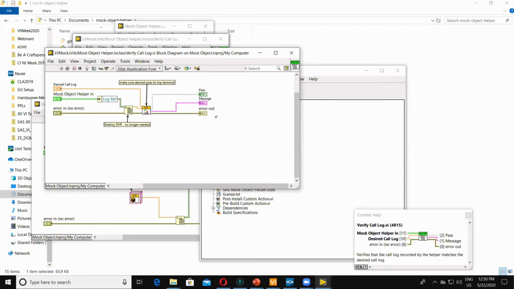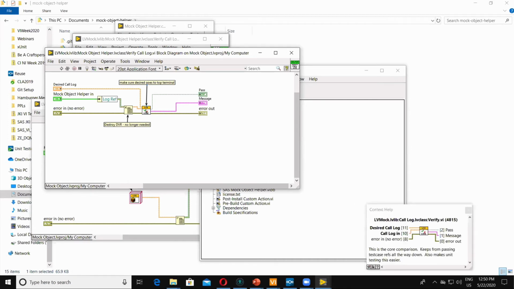So that eliminates having a separate cleanup VI. And it pulls off the call log that was collected from the class itself. And I pass in a desired call log. And here, make sure desired goes to the top terminal because that is the dynamic dispatch terminal. And so that's what determines which verify gets called.